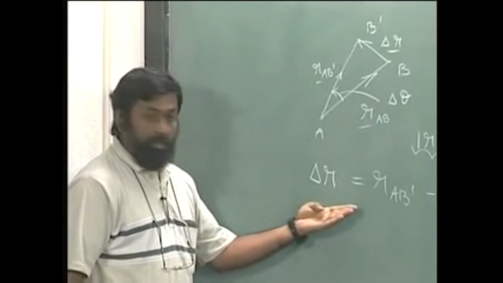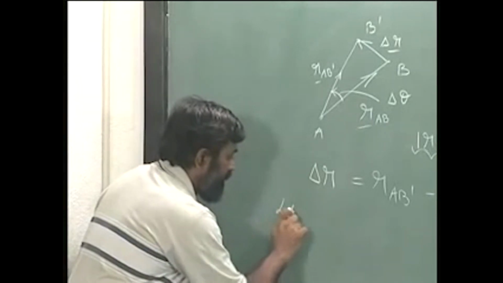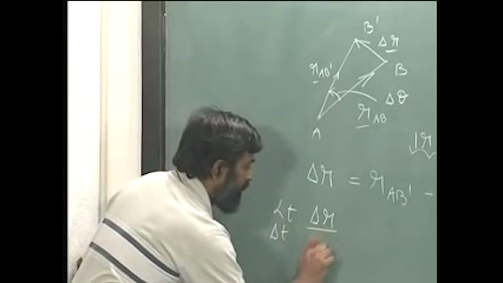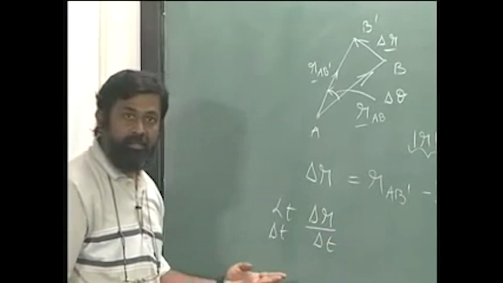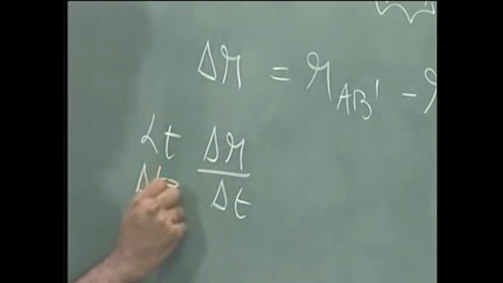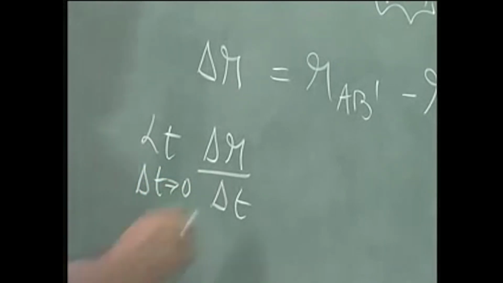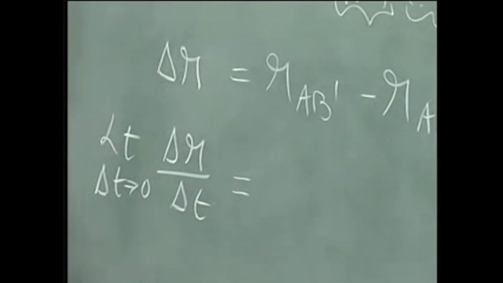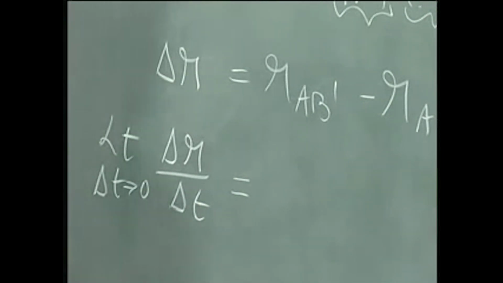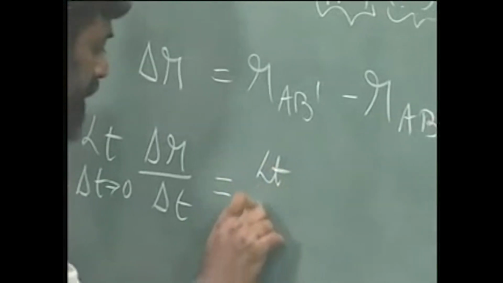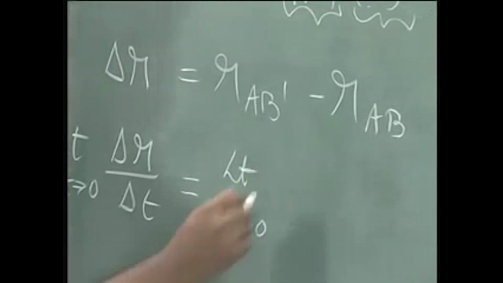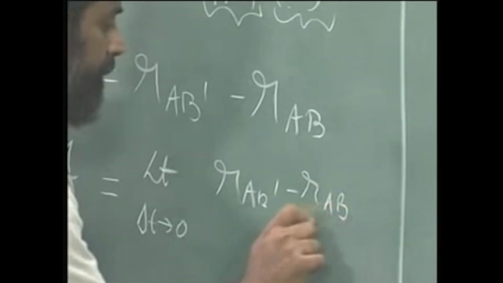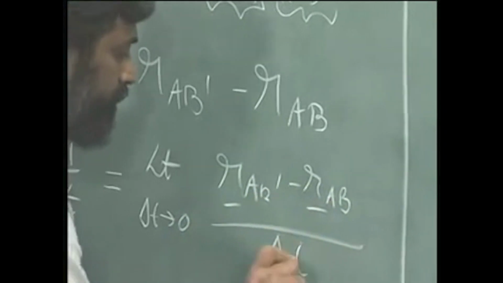Now, limit as delta r by delta t at delta t tends to 0 will be nothing but limit as delta t tends to 0 of RAB prime minus RAB vector by delta t,